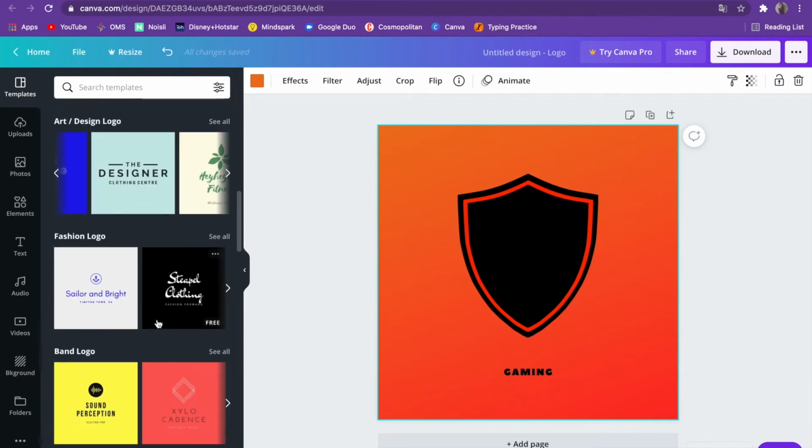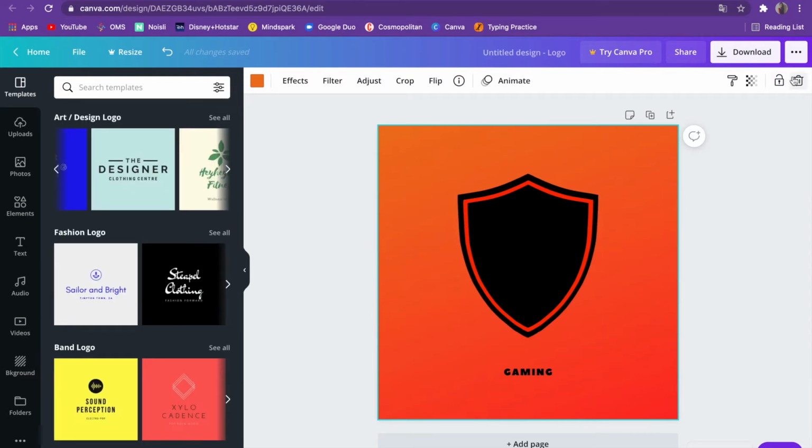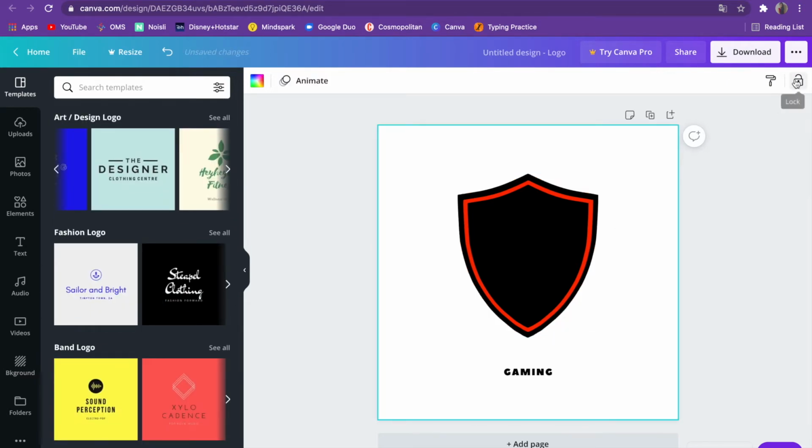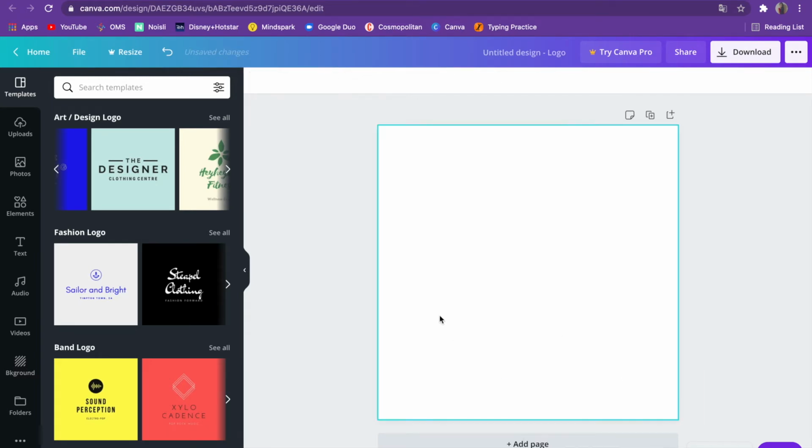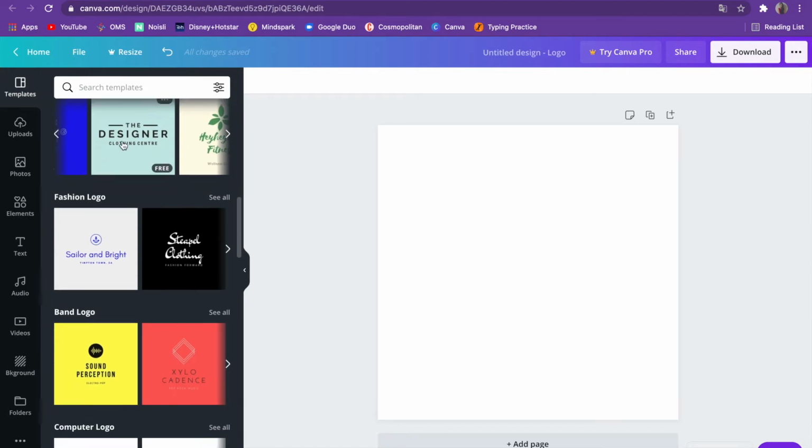And let me go for something else. So let me delete it. Wait a sec, guys. The very much basic is just press control C for copy and control V for pasting in this. You can just try it, even Canva will show it to you.